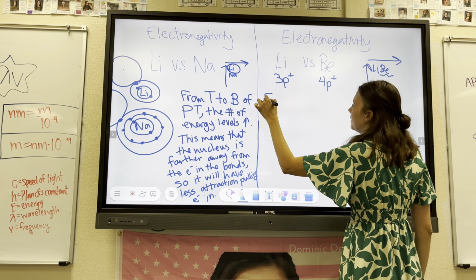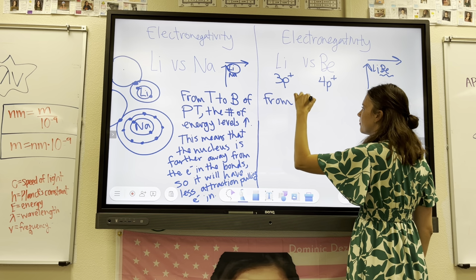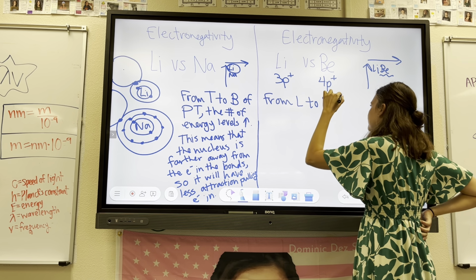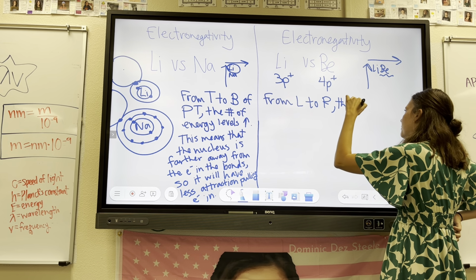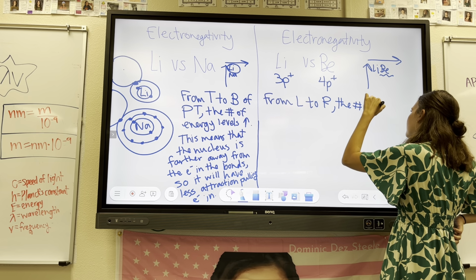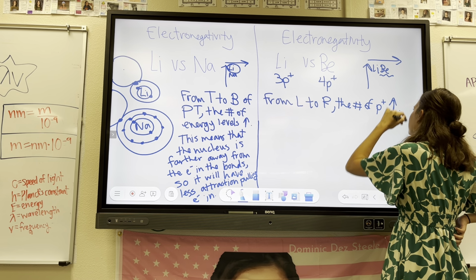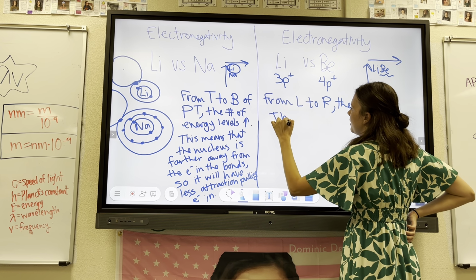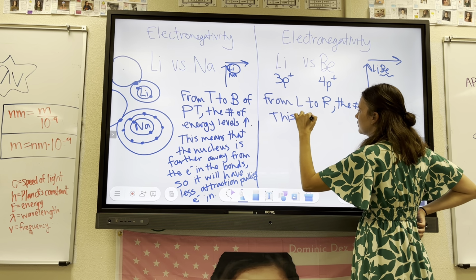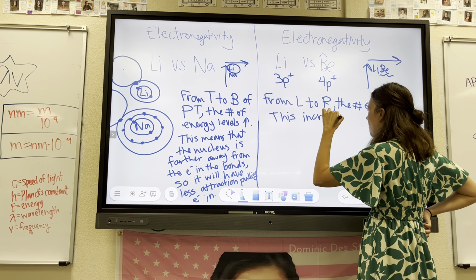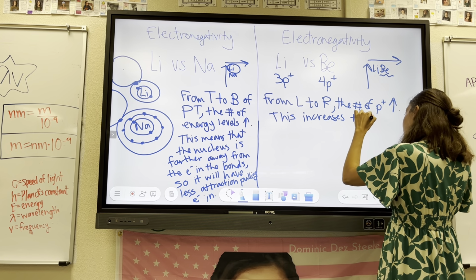So from left to right, the number of protons increases. This increases the nucleus's